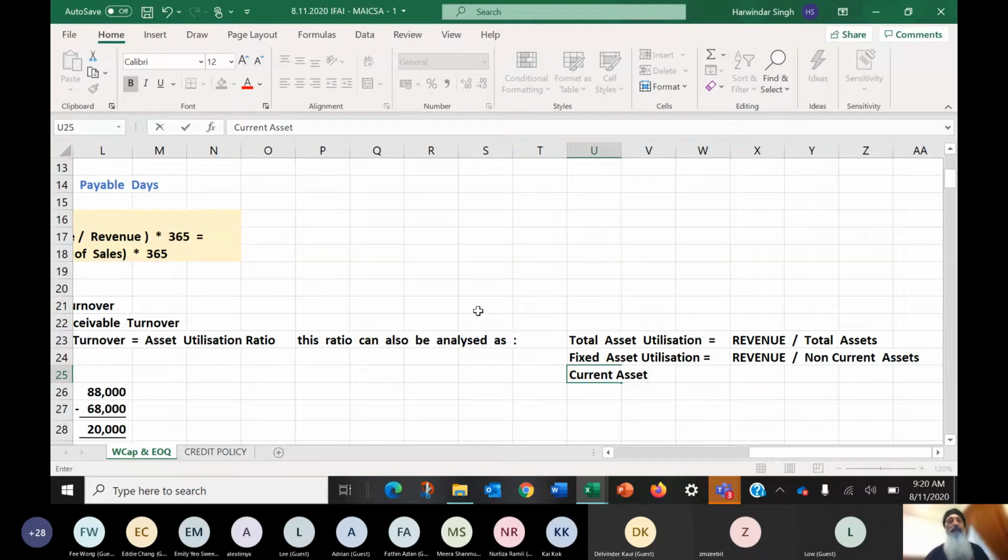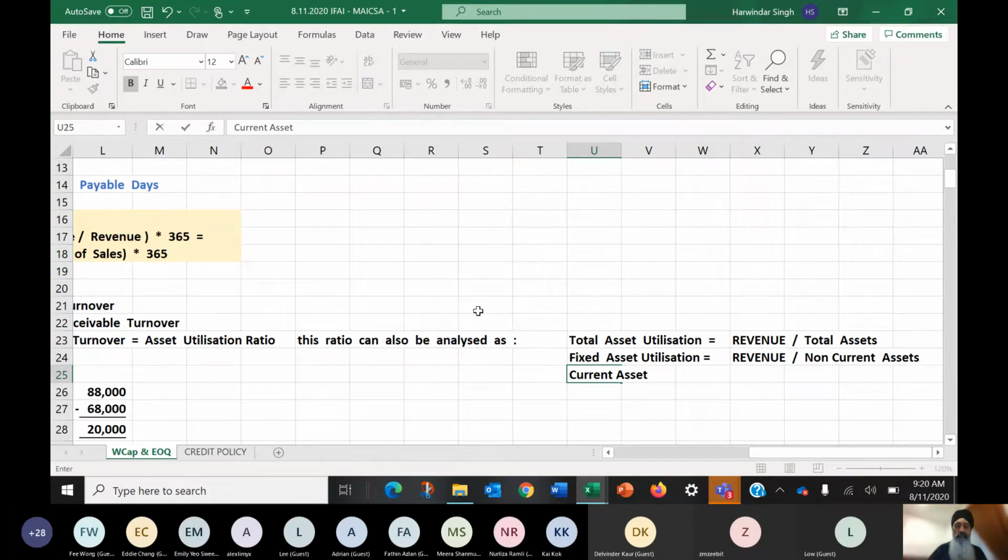I think at this point, when you are doing your revision, you need to understand, don't just try to mug up a ratio without understanding it. You should know what the ratio does, because this is a professional paper. You can expect the examiner to tweak the information a little bit, so that you will be required to tweak the formula a little bit. If you understand what you're doing, that shouldn't be really a problem.